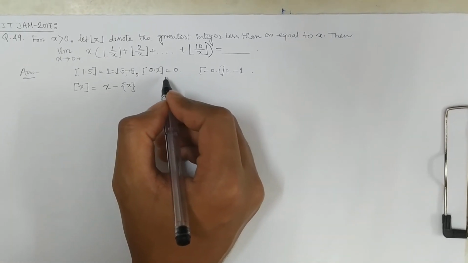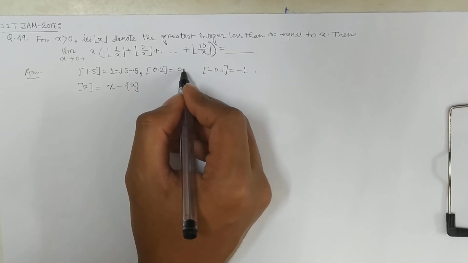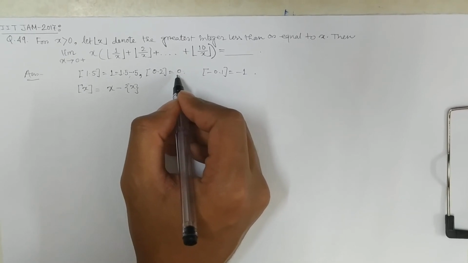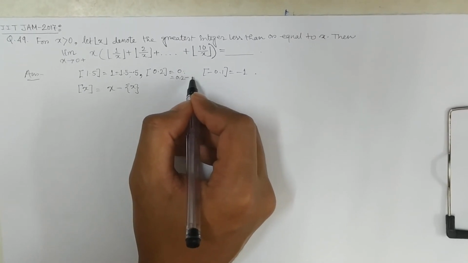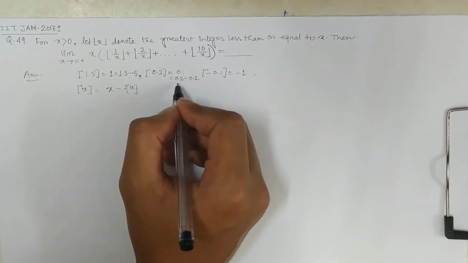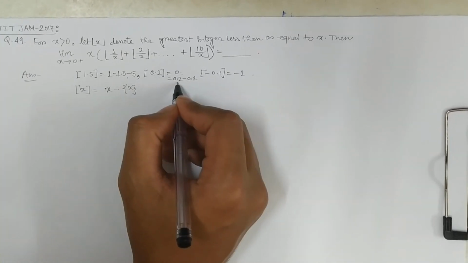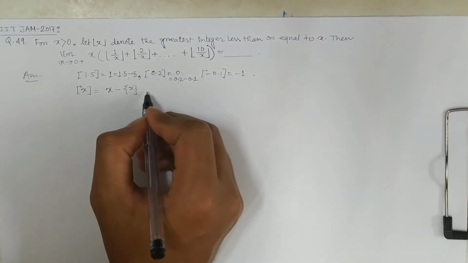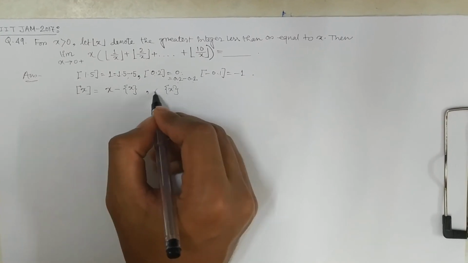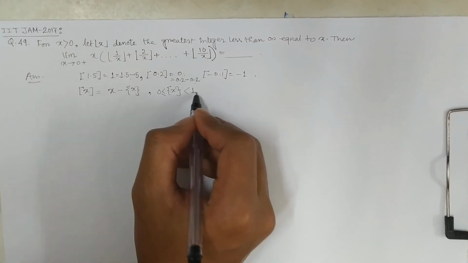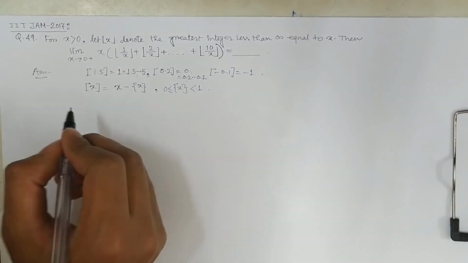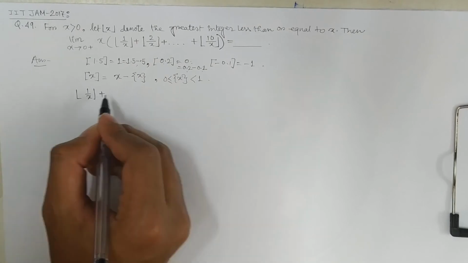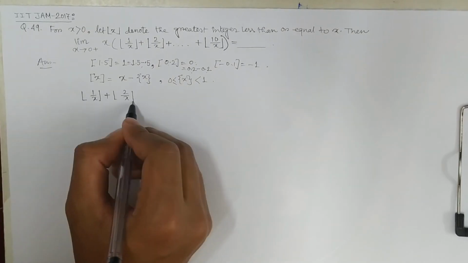Here it is 0.2 minus 0.2, because x is 0.2 and the fractional part is also 0.2. And so on, where the fractional part lies in 0 to 1. So what we do is that box of 1 by x plus box of 2 by x